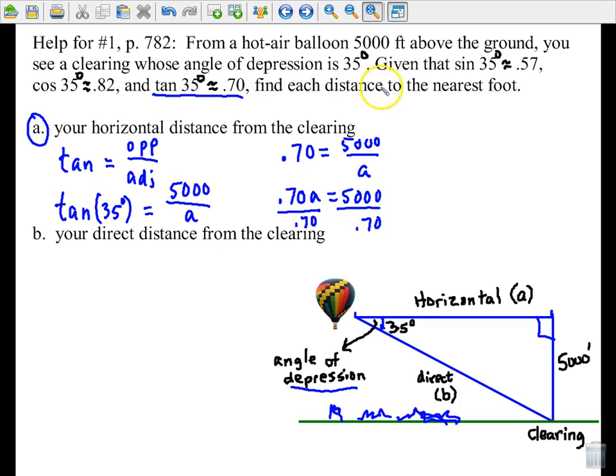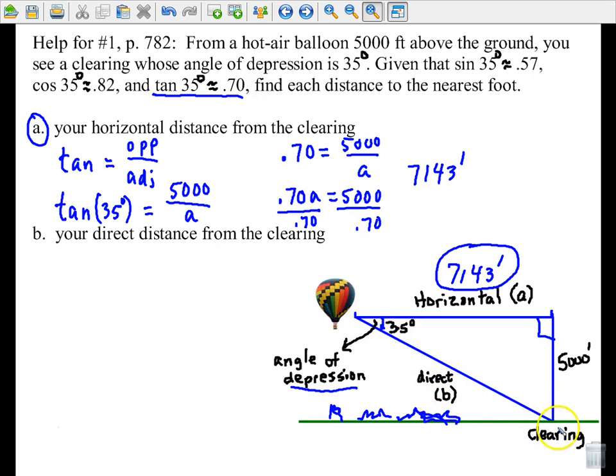7142.857, but the directions tell us to round to the nearest foot. So rounding to the nearest foot, we will have 7143. All right, so that's my answer for letter A. 7,143 feet. All right, so now we're ready for part B, and I've just labeled this line, which represents the